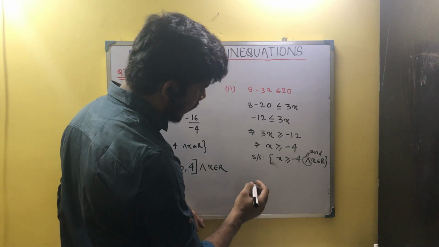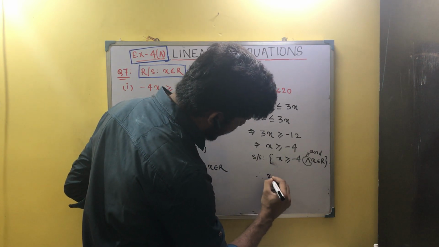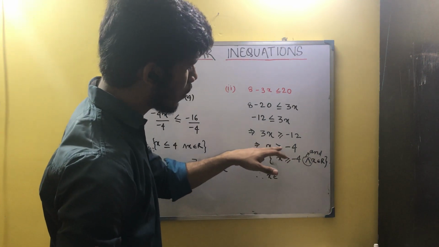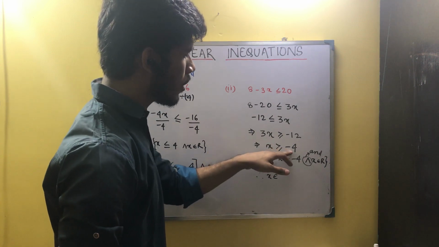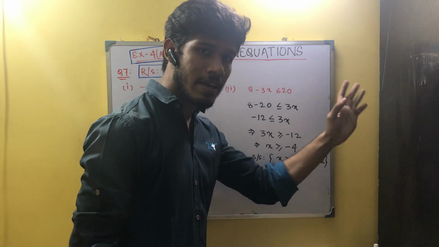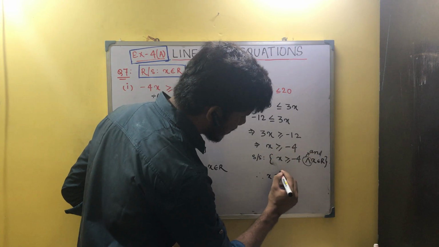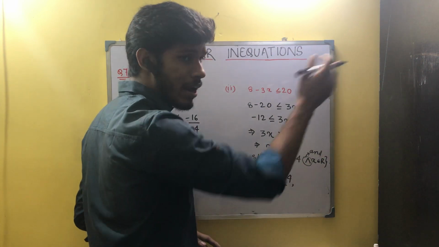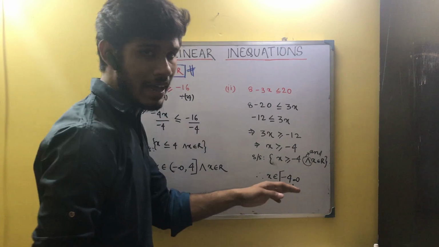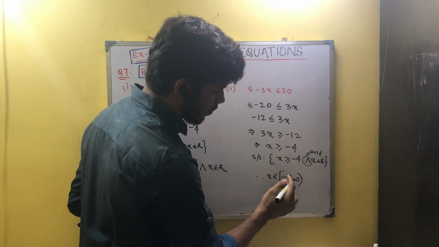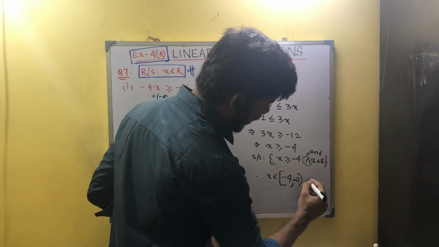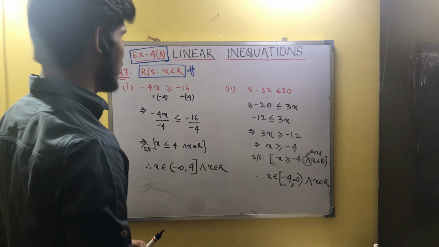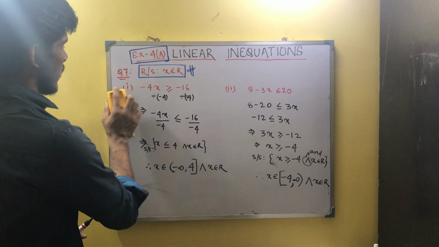Now, if you write in the standard form, the solution set will be what? Therefore x belongs to, as I have said, a big bracket is used when you are including the number. So we have got the greater than equals to sign, so -4, and greater than means you are moving on towards infinity. So the first number that you will indicate is -4 with a big bracket, because you are including -4, comma, how far are you reaching? Infinity. But can you touch that? No. So give the small bracket. So -4 comma infinity and x belongs to R, isn't it? This is how we declare our answers. Now let's move on to the third and the fourth part.